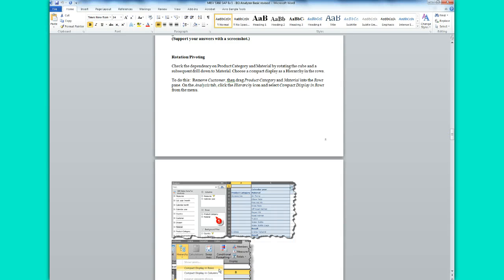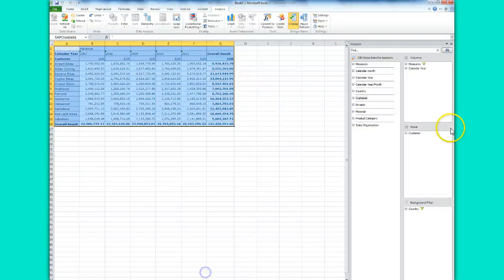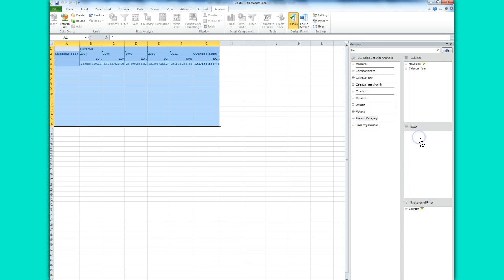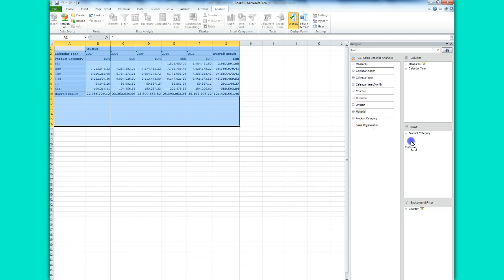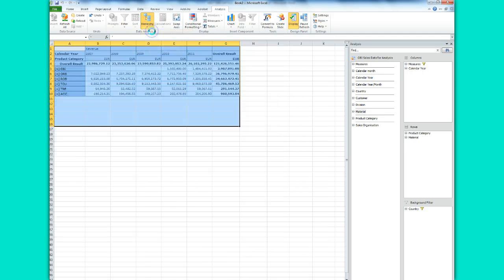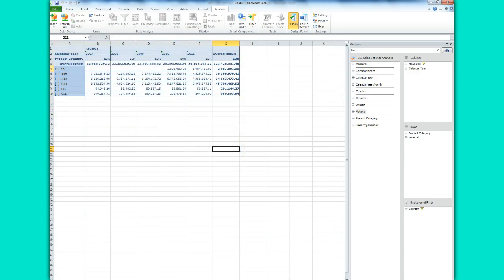So product category and materials. Okay, we can do that. We can remove customer and then we can have product category here and material here, and then within hierarchy compact display in rows. So we get this, and then I need to copy this, so I Control C